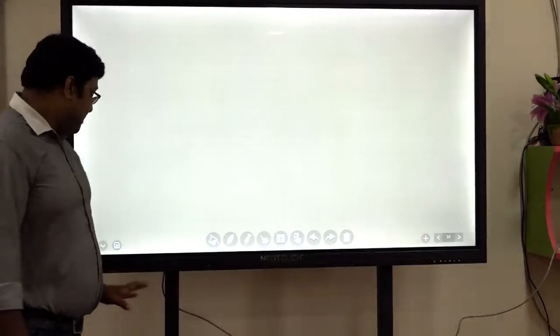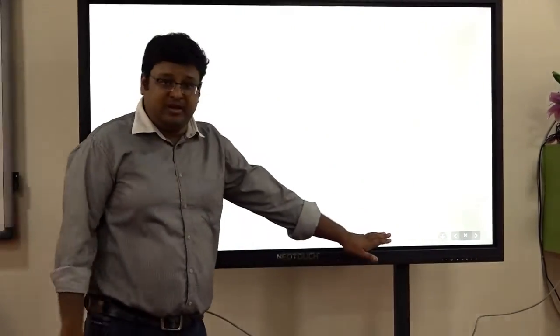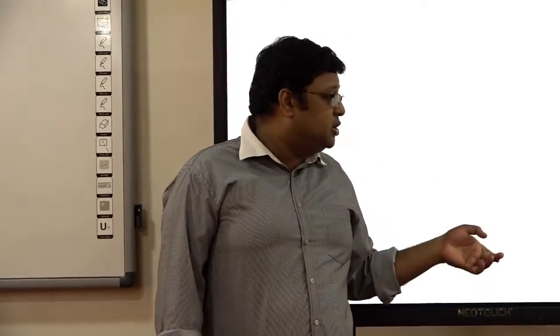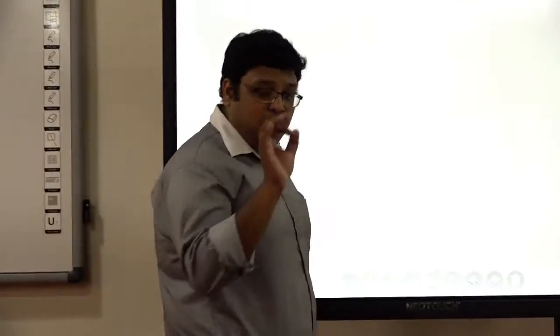Now, as you can see, I have covered almost the whole of it. Now two questions will come up. I know that. Number one is how to rub the writing that I have written. Number two is how to get a new page. So how to get a new page? You can see one plus sign is there. You will get a new page.